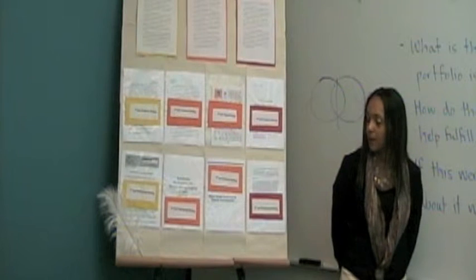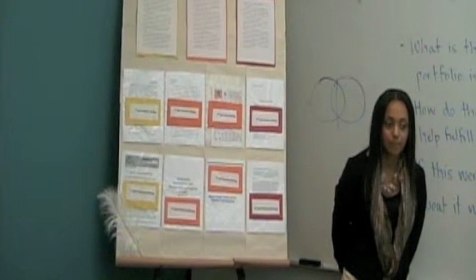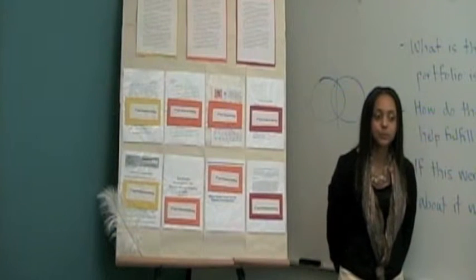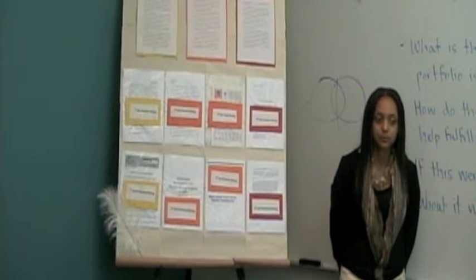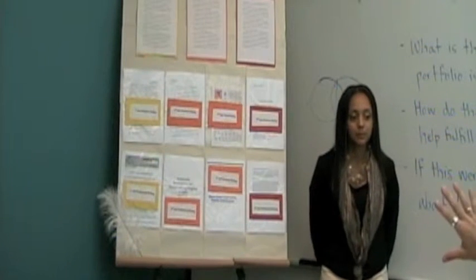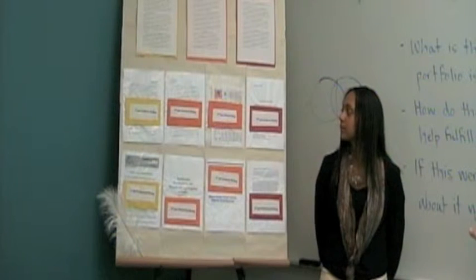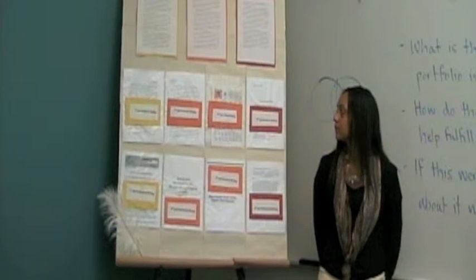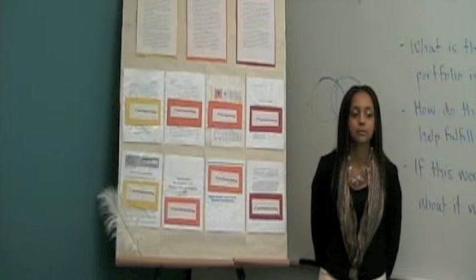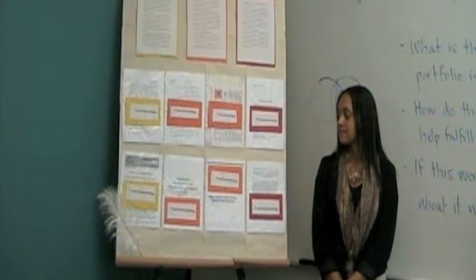There's a whole lot going on with this portfolio that is more than just print. For example, the visual metaphor of the Constitution and the quill, the use of yellow as a beginning, orange is kind of a mix of the red and yellow, and red is kind of where you are now. But another thing that really intrigues me is that you found a way to kind of hyperlink with paper